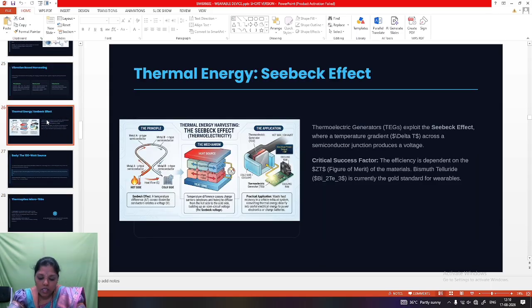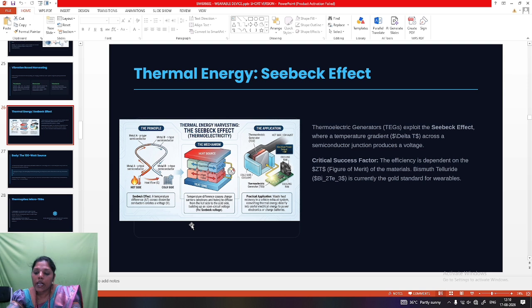Now let us look at the next important concept, the thermal energy Seebeck effect. The principle of the Seebeck effect: the temperature difference across dissimilar conductors produces voltage. A thermoelectric generator exploits the Seebeck effect, where the temperature gradient across semiconductor junctions produces a voltage. Critical sensor factor: the efficiency is dependent on the